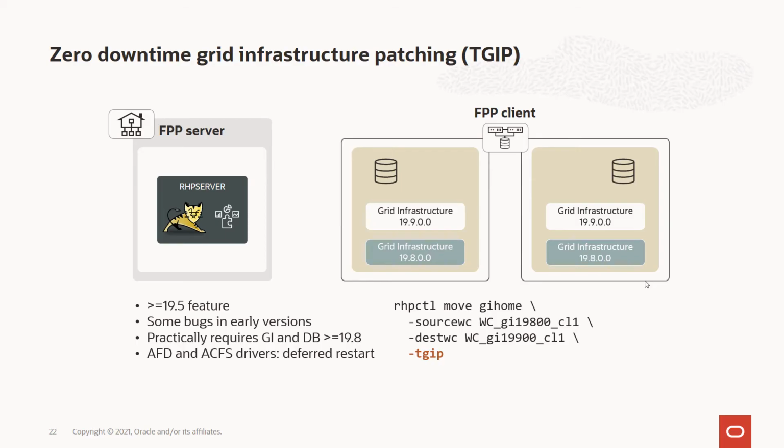Because by using the zero downtime grid infrastructure patching, we do not update the AFD drivers and ACFS drivers because they are in use by the databases. So you always need to have a deferred restart at some point. So we do not recommend to use zero downtime grid infrastructure patching for normal patching, but only in emergency cases where you have stability or bad performance problems and you need to apply a one-off patch on grid infrastructure immediately. Then in that case, it's okay to do it and defer the full restart of the node, of course rolling,